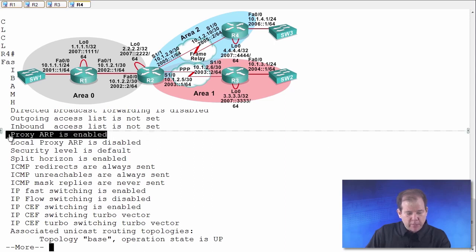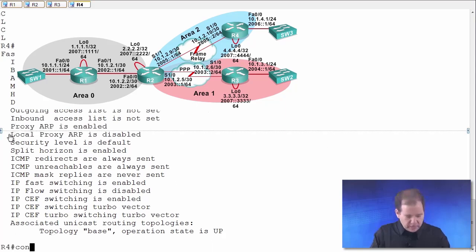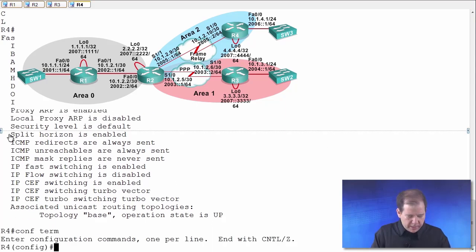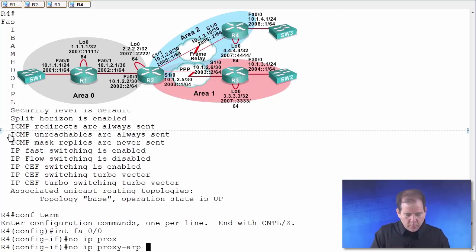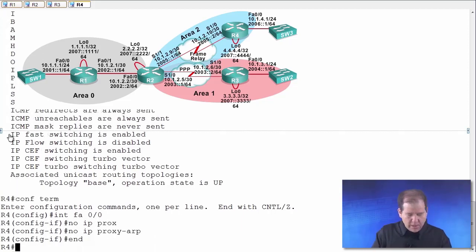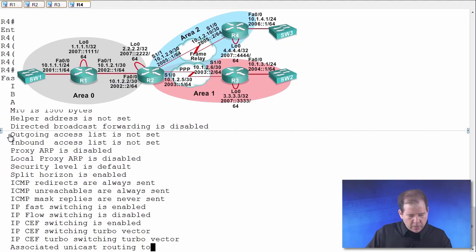Yes, it is. Proxy ARP is enabled, and we want to get rid of that. We want to turn that off. So let's go into global configuration mode and then into interface configuration mode for fast Ethernet 0/0. And here's how we turn off Proxy ARP. We say no IP proxy-ARP. Now if we reissue that command, let's do another show IP interface fast Ethernet 0/0, and this time we